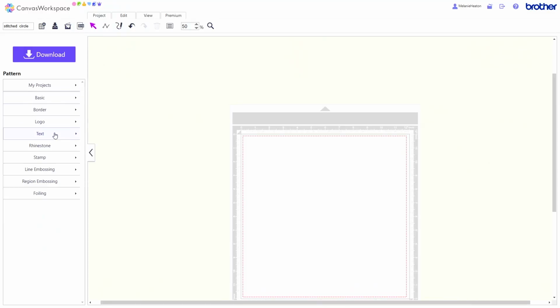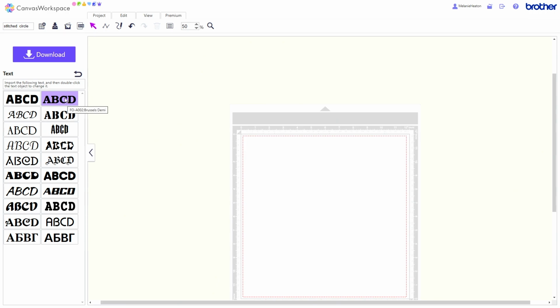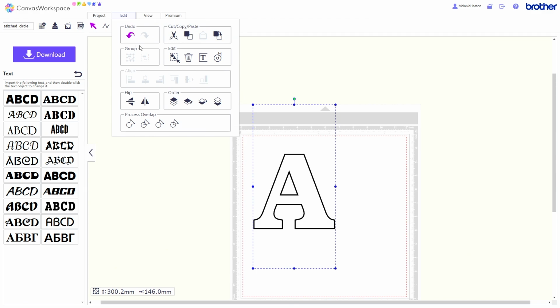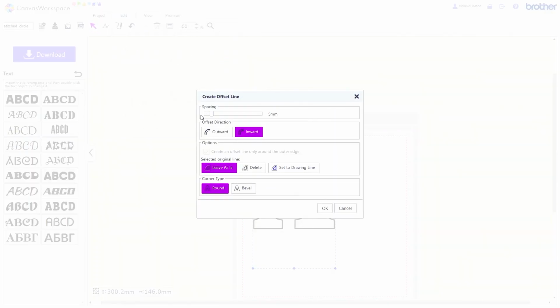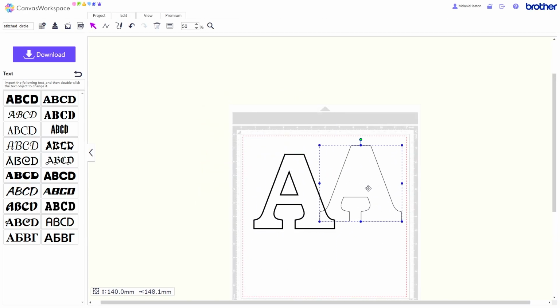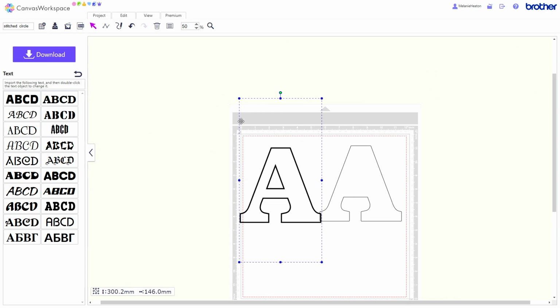If I go into my text here and I click on this font, this appears on my screen. So I double click and that allows me to backspace this. So if I bring on a capital letter A and click on that, if I try to now ungroup that so I can make it bigger, if I create an outward offset line of that, so go to edit, create an offset line, and I do 1mm outward and leave the original as it is, it's given me that, but look what it's done to the middle. It's got rid of it, it's ignored it, because it can't do it. So what you do